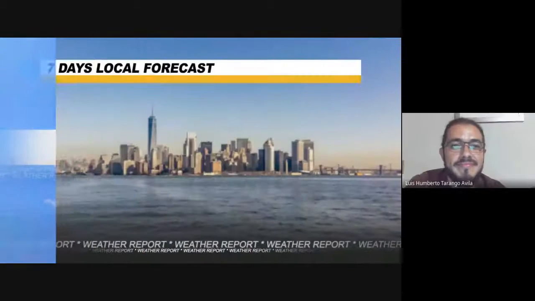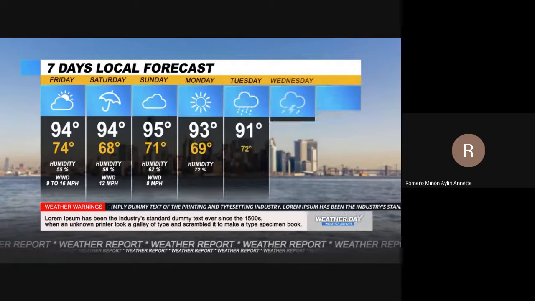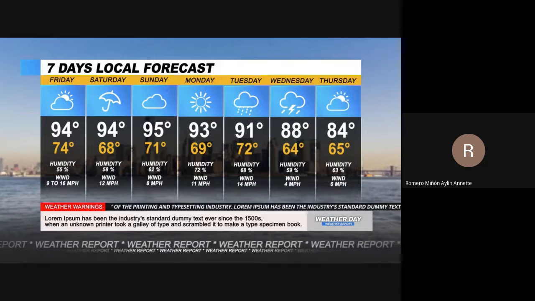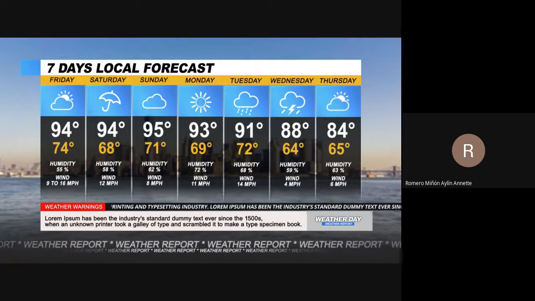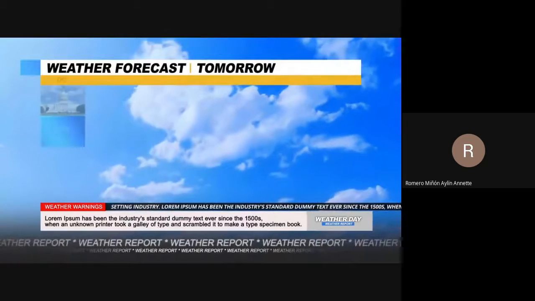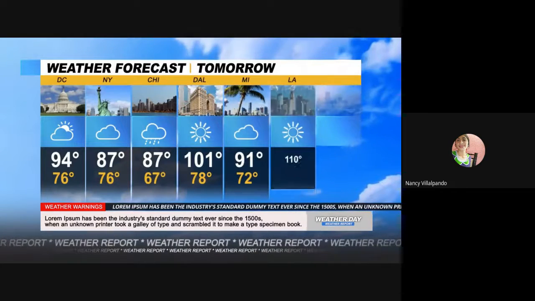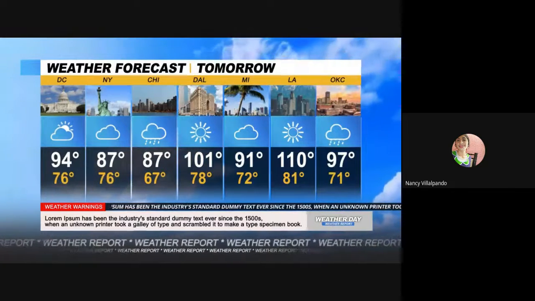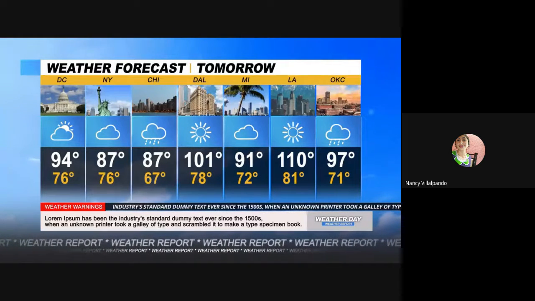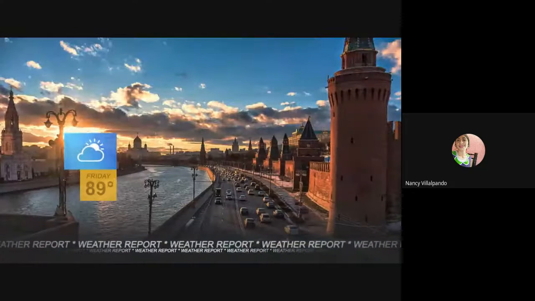Welcome to Weather Day, your best weather news. So today in this week we have different weather. So you can see maybe on Saturday it will rain, but on Sunday it's gonna be a little cloudy. Hey, good afternoon. Today we talk about the weather forecast for tomorrow in DC, New York, Chicago, Dallas, Miami, Los Angeles, and Oklahoma. This day